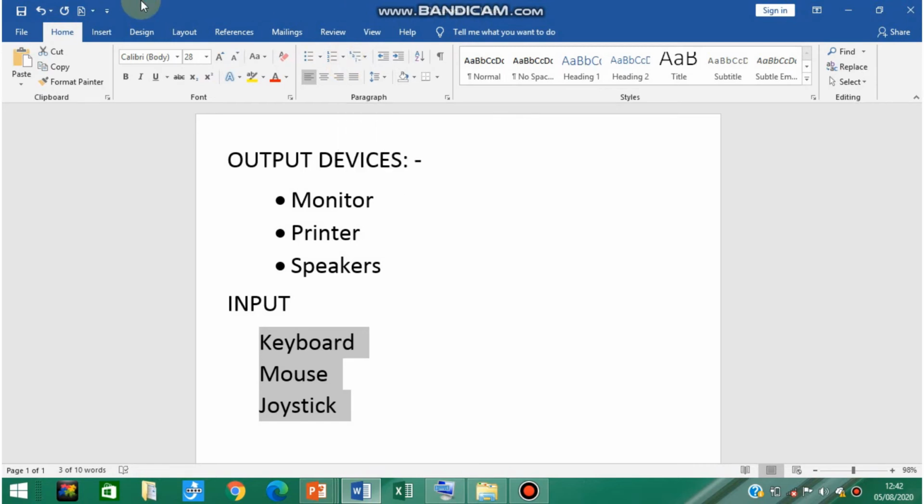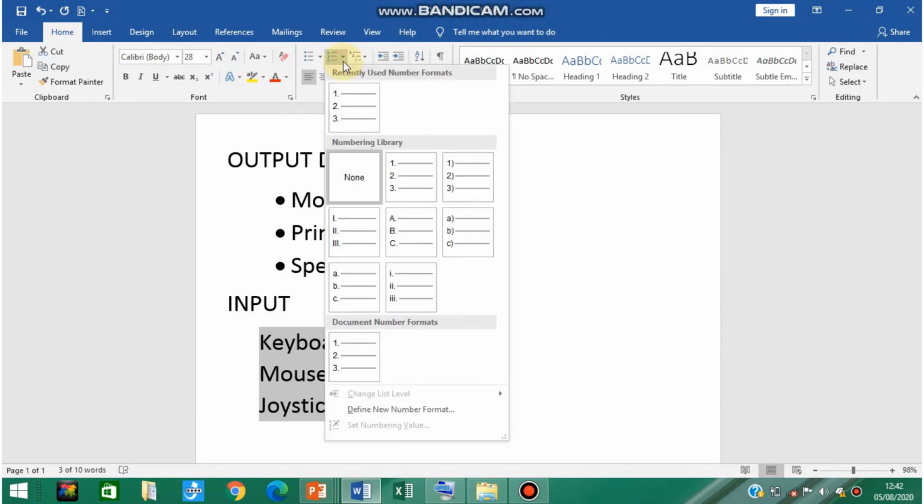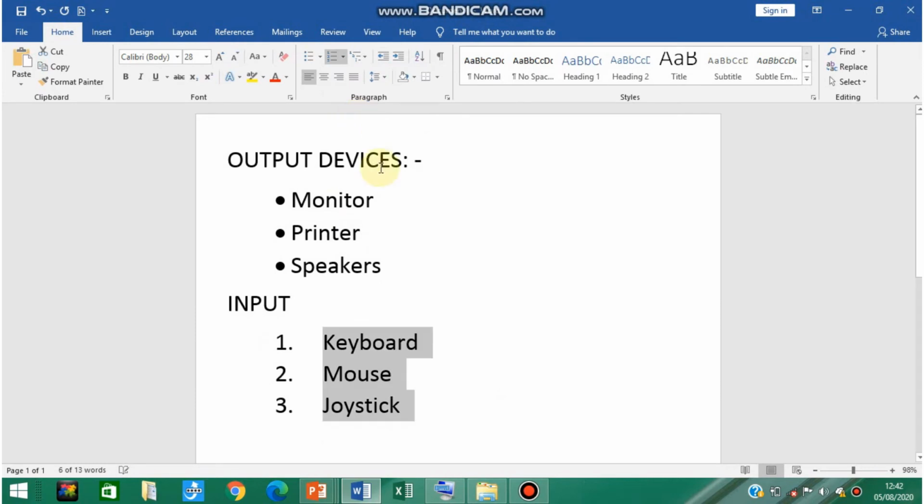Okay, we are doing everything in the home tab only. Inside this paragraph section you will find one numbering option. Click on the drop down arrow and click whichever numbering list you want to create. Suppose I am creating this, and then you can see that the sequence has been created. Okay, numbering has been done.